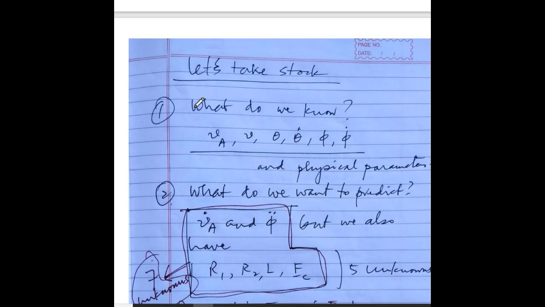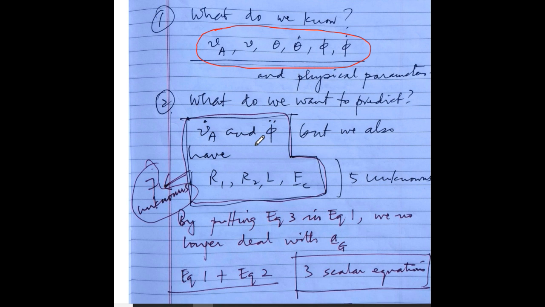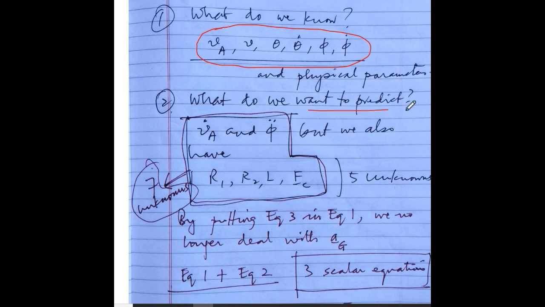So let's take stock. What do we know? At the start, the job of the equation of motion is to predict the derivatives of the velocities. So the velocities are known, the orientation is known, the position of the vehicle is known. What do we want to predict? We want to predict these motion quantities, but we also have these five unknowns that I had introduced. So it would seem like these five and these two make a total of 7 unknowns, right? But